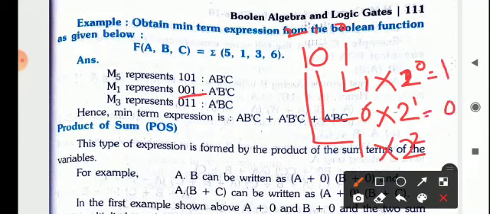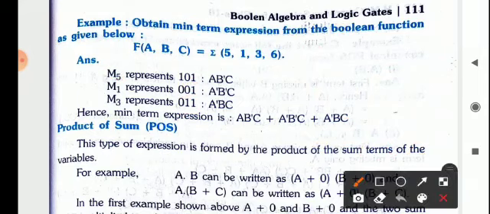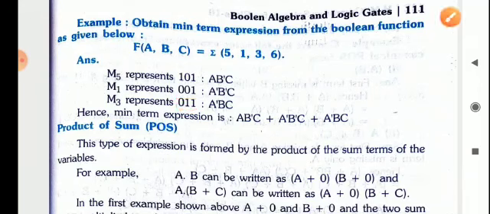This will be 0, and 2 to the power 2 will be equivalent to 4. Okay. So you can see here, when you add them together, it comes to 5. This is 5, the decimal value after converting the binary number. Okay. So this way you can solve. If you solve 001, it will be equivalent to the decimal value 1, and 011 will be equivalent to the decimal value 3.